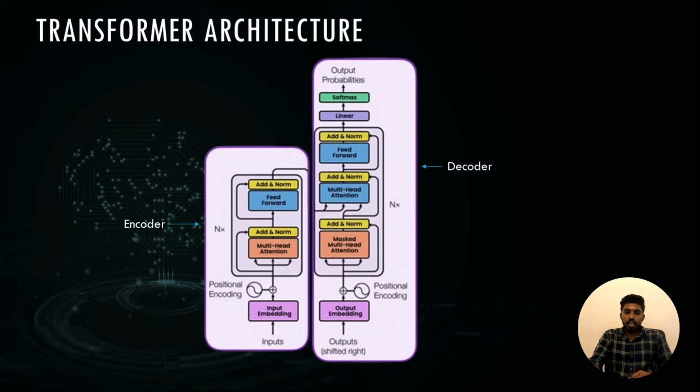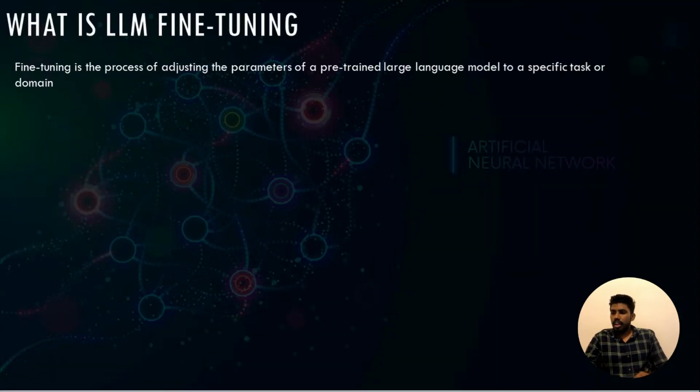So that is basically the architecture of the transformer model. This architecture is usually used for training large language models. So let's move into fine-tuning. What does fine-tuning mean? Fine-tuning basically means